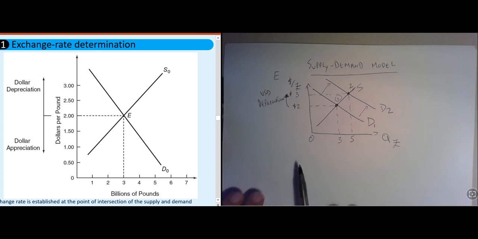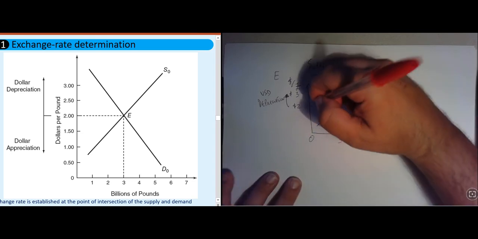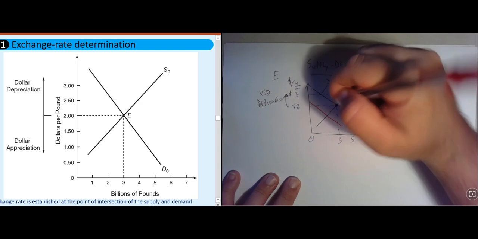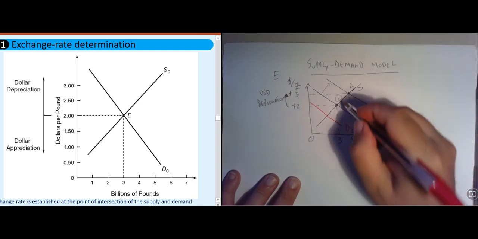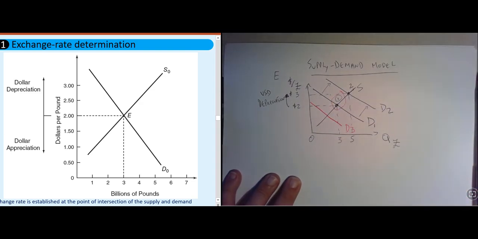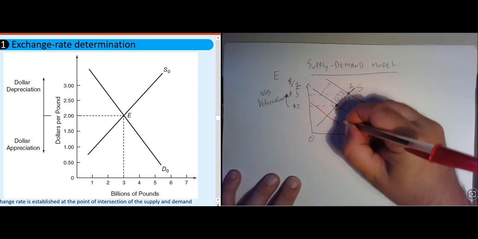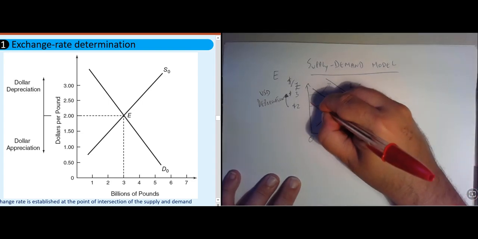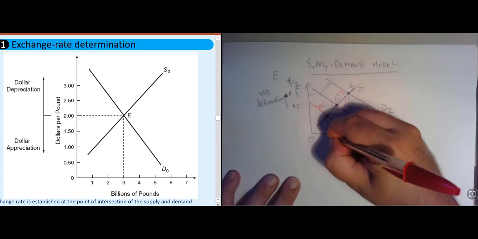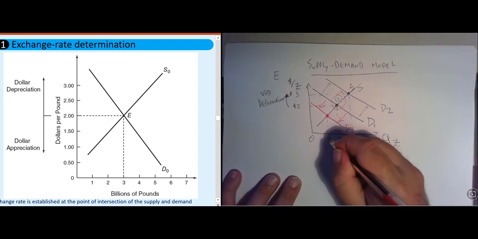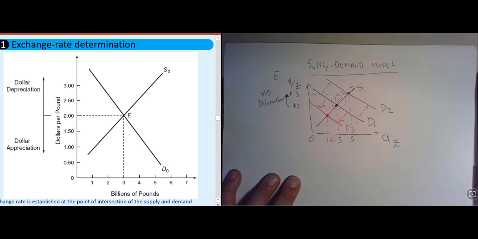Conversely, let's say that we enter in a trade dispute with England and we buy less British goods. What would happen in that case? The demand would decrease. Assuming we start at the same point, and instead of experiencing an increase in demand, we observe a decrease in demand, then fewer pounds would be transacted. Let's say that it goes down to just 1 billion pounds being transacted.